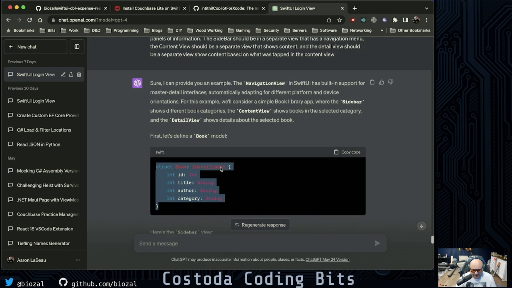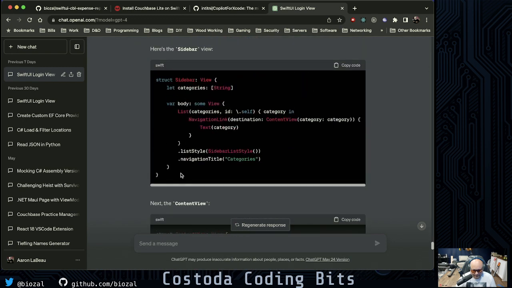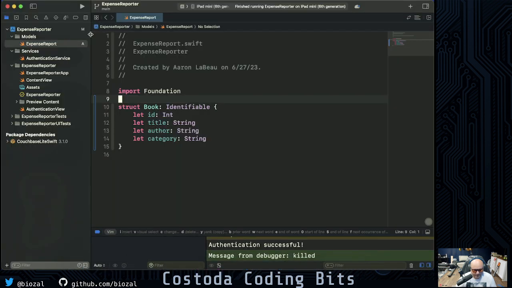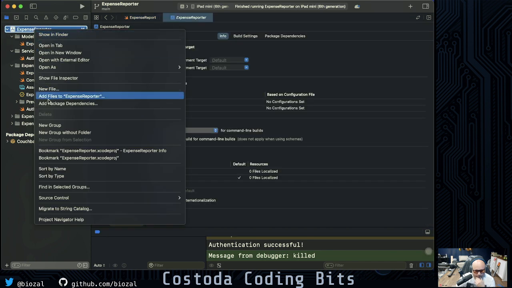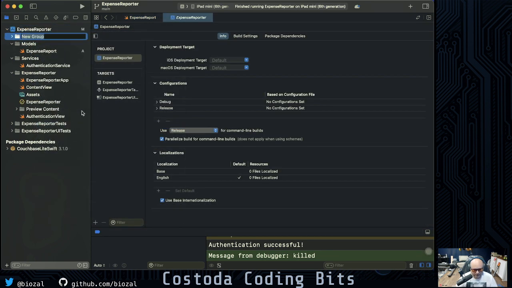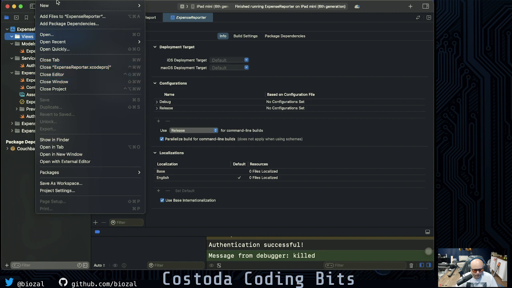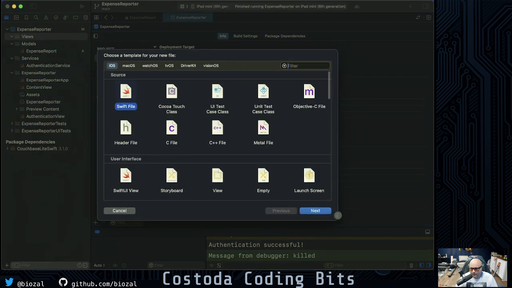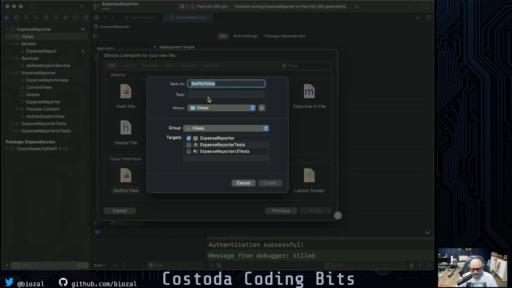Let's go back over here and grab our sidebar view. So here's our sidebar. We'll do the same thing here. We're going to go back to Xcode, and let's make a group folder called views, because I like to keep my views all together. So let's call this views. And we'll make a new view. I can just right click and do new file. Let's add in a SwiftUI file this time. We'll call this sidebar view